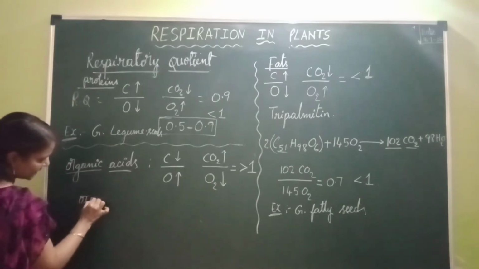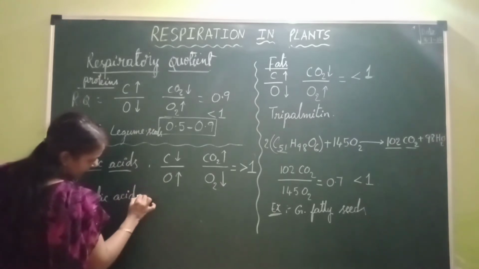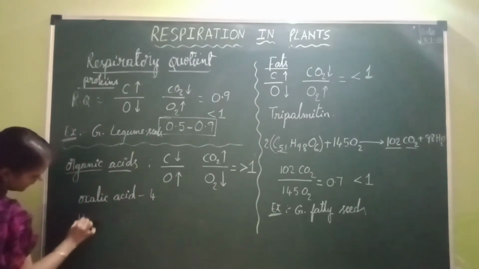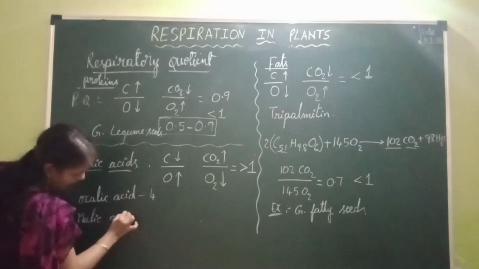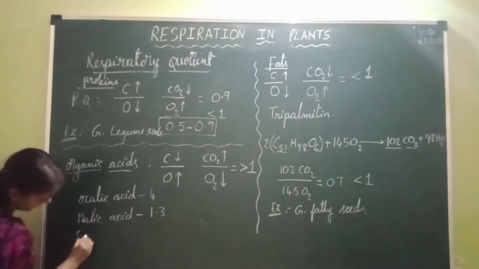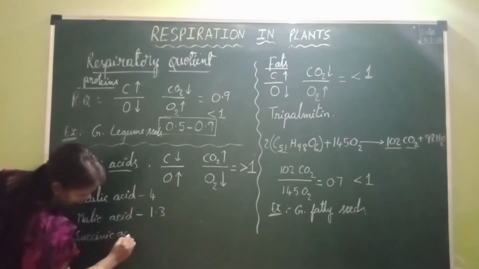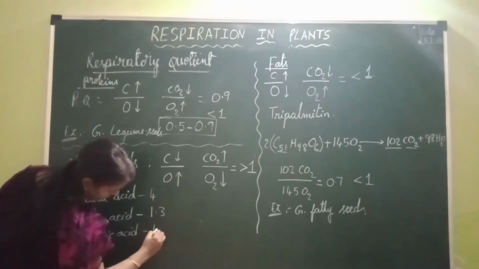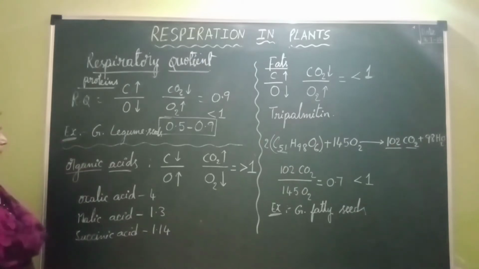values. So oxalic acid: the respiratory quotient value of oxalic acid is 4. And then malic acid: the respiratory quotient value of malic acid is 1.3. Then succinic acid: the RQ value of succinic acid is 1.14. So this is all about